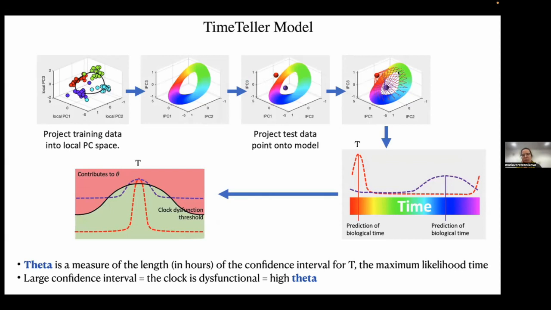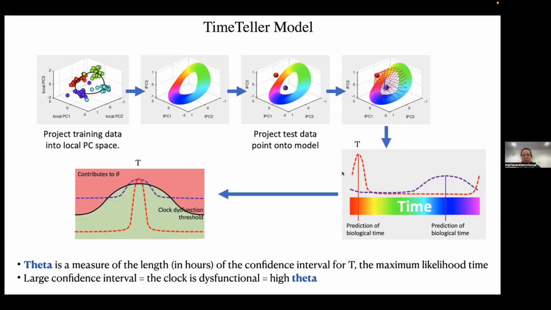So every single point here, like the cross section here, would be a specific timestamp. So you take a fine discretization of your circular timeline around the 24-hour loop, and you assess the likelihood of a test point belonging to the specific timestamp, as in the specific Gaussian distribution. And you do this for every single local PC space.